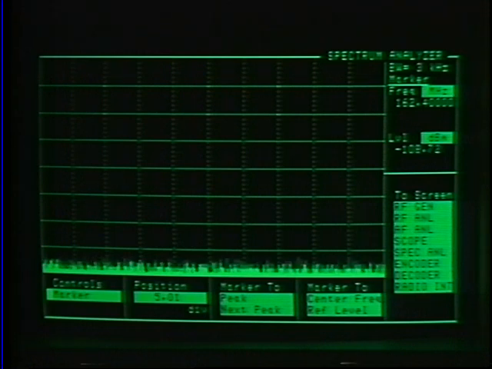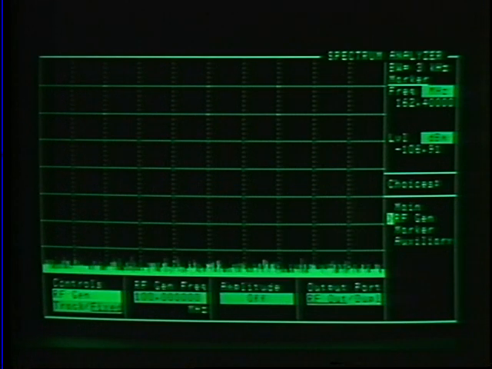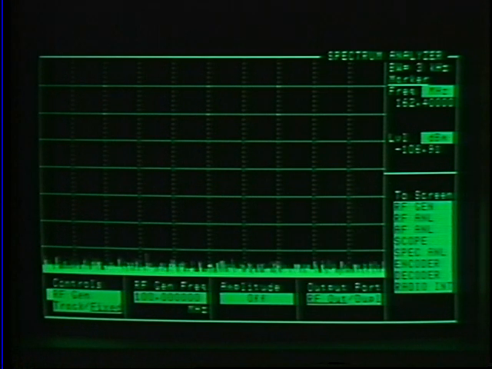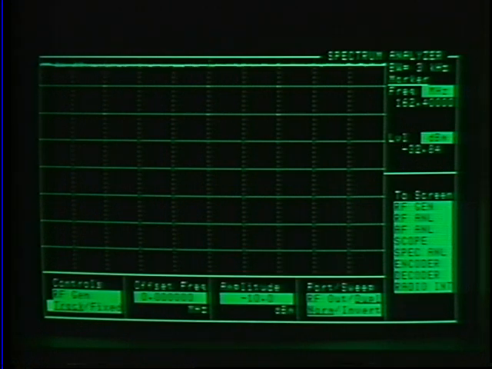To use the tracking generator, use the RF generator controls on the spectrum analyzer screen. You can either have a fixed CW RF generator or the tracking generator, so we'll change this to tracking. Next, we'll put in the appropriate amplitude. For the duplexer, minus 10 dBm is good. We'll confirm that the port is out of the duplex port, and our RF generator is now set up to